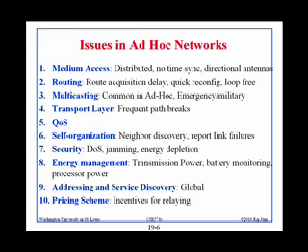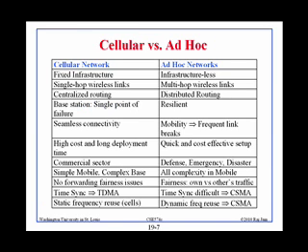So before we go to routing, let's just compare the cellular versus ad hoc. Actually, I should not have said cellular. I should have said infrastructure-based versus ad hoc. Cellular is the best example of infrastructure-based because you have a tower, right? So here there is infrastructure, there is no infrastructure in the ad hoc. Mostly the single hop. Everybody talks directly to the tower. Here is multi-hop because you are going from one point to the next.